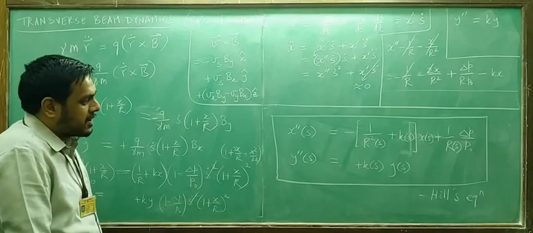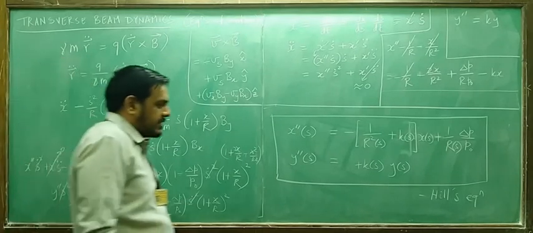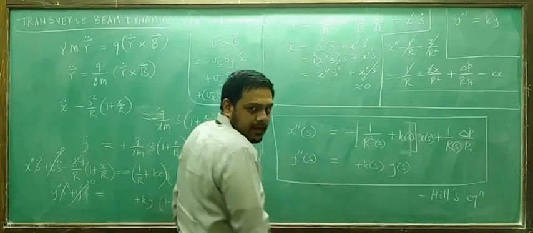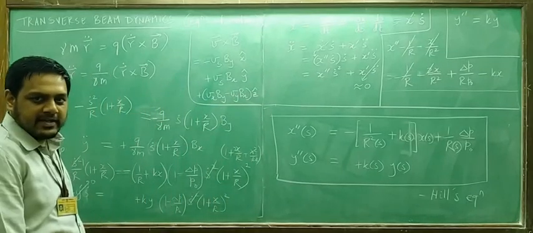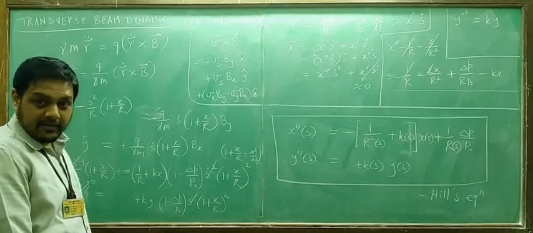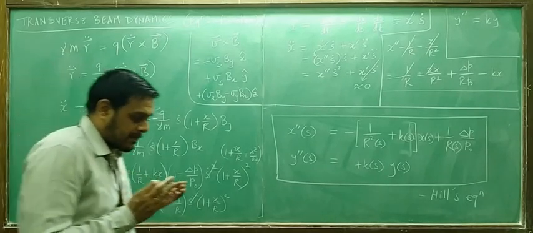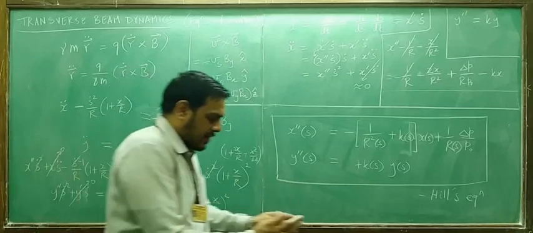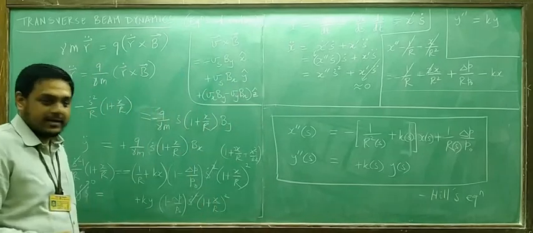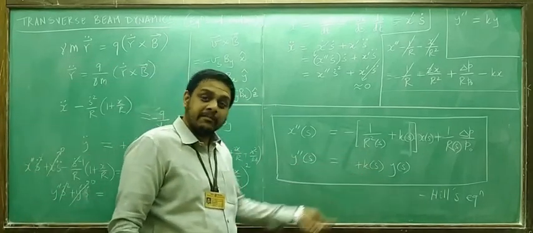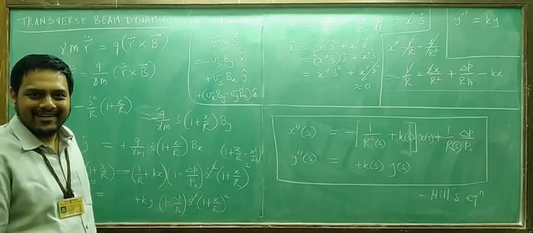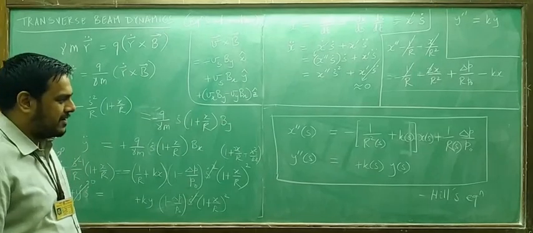If you look at this particular equation, you can think of it in these terms: theta double dot is equal to some constant times theta. If you think of it in that fashion, it is like a simple harmonic kind of equation. Which is what we wanted, no? We wanted that as the beam travels along the accelerator, it should have a kind of converge, diverge, focusing lattice, and whatever we spoke about last time. It seems to be satisfying something like that, which is a good thing. So it's a kind of happy thing.